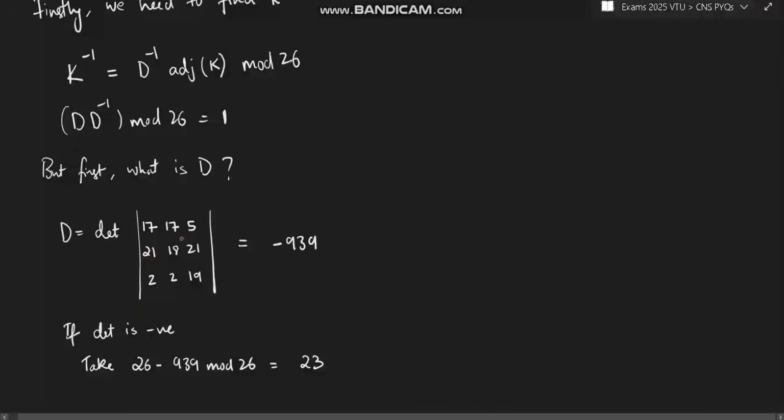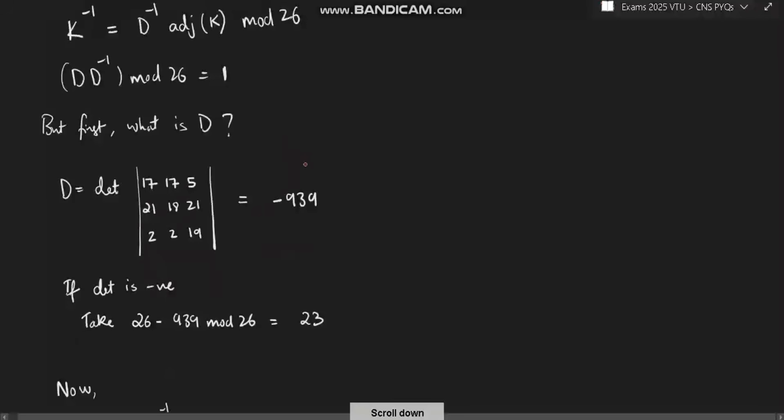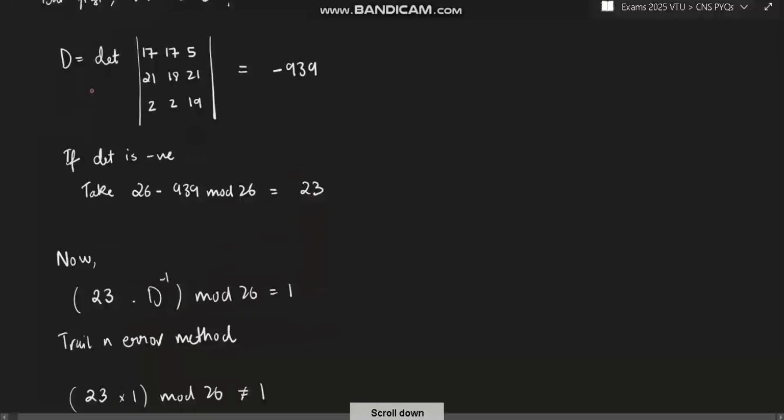Okay. After you have found out the determinant, it can come either as a positive determinant or a negative determinant. If it comes positive, you have to directly take mod 26. If it comes negative, how to take mod 26? What you have to do is, first make it positive. Okay. 939. Do 939 mod 26. Whatever answer you get, in this case you get the answer 3. Okay, so you'll be subtracting 26 minus 3, because you're doing mod 26. What answer you get? That is the modulo of minus 939. After you have got the determinant,